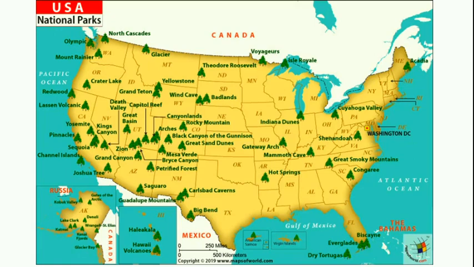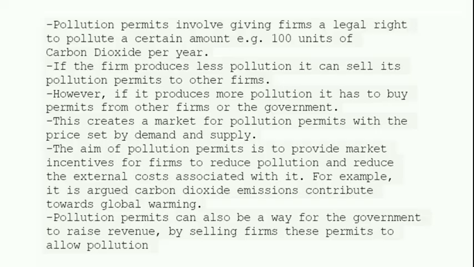So these are national parks where people can go exercise and feel the benefits of being in the countryside or being in the sea and see the natural environment. And there should be no pollution there because people are reminded all the time to take the pollution with them, leave nothing but footsteps, take only pictures. National park. Here's a quick recap on pollution permits. Pause the video and you can read through this description of pollution permits and why they might work.